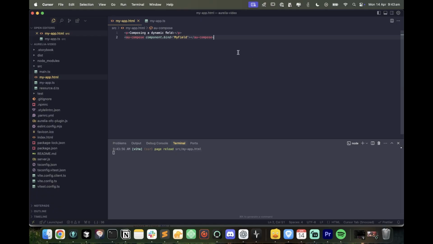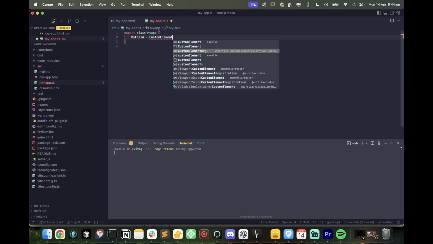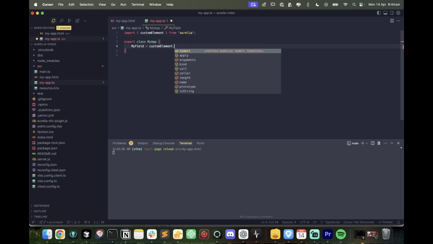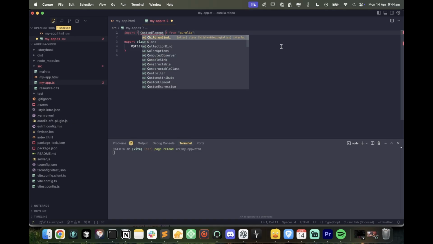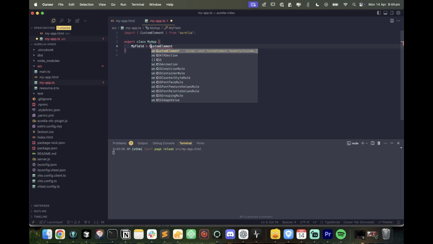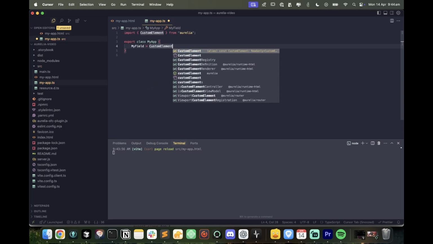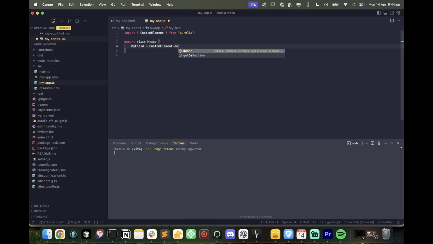Now, we don't have anything that corresponds to this yet, so we're going to go into our view model and we're going to define myField on the class. This isn't an instance, but it's the actual definition of the custom element. So we're going to use the CustomElement implementation from the Aurelia package and call define. Oops, that's the wrong one. It's uppercase C, uppercase E. Of course, the lowercase variant there is the decorator for the class. So define